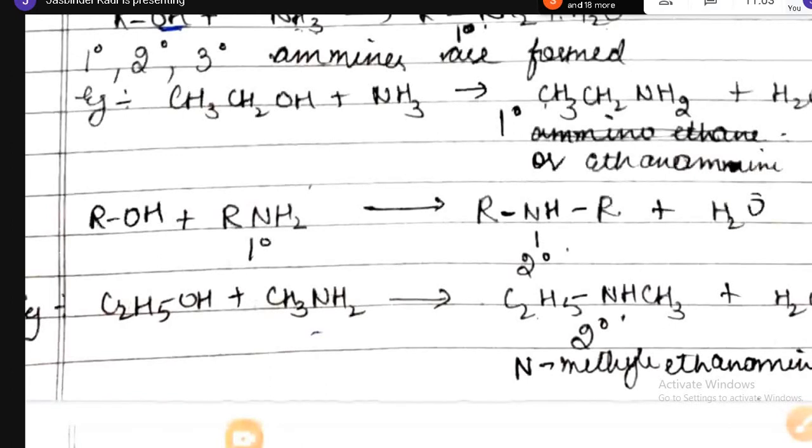NHCH3 means it is N-substituted. So it is N-methyl ethanamine, as the H of the amine is replaced with a methyl group. It is NH2, but the hydrogen of the amine is replaced with methyl, so it is N-methyl. Methyl is attached to the nitrogen atom. N-methyl ethanamine. And similarly,